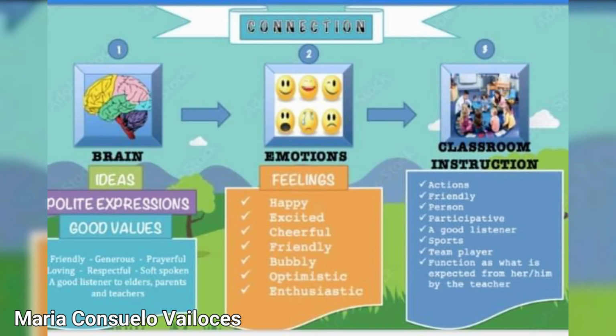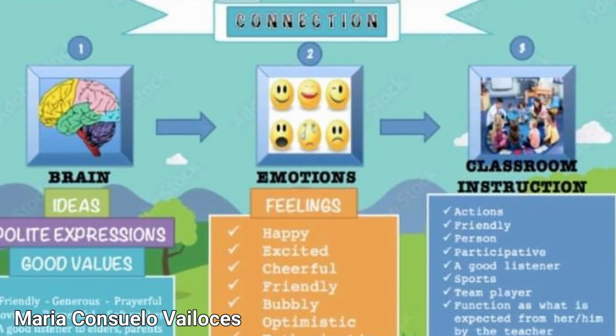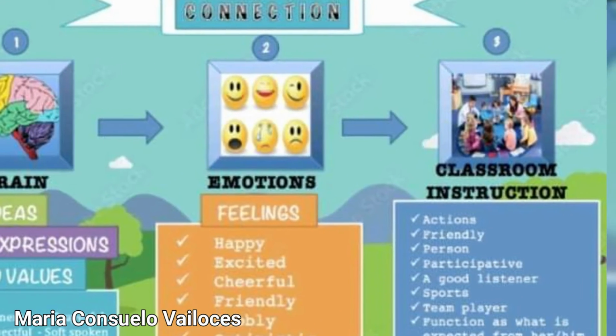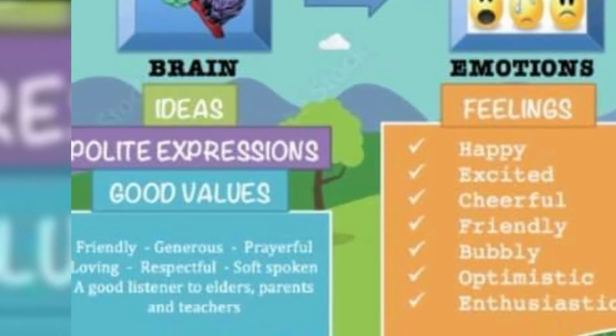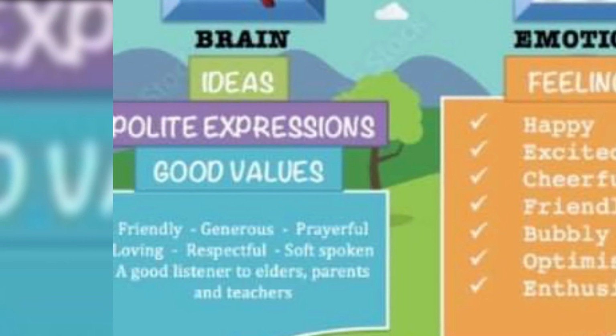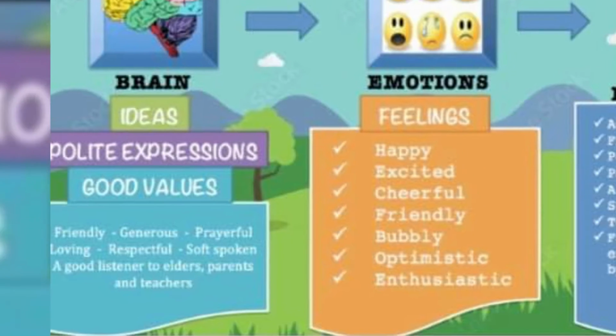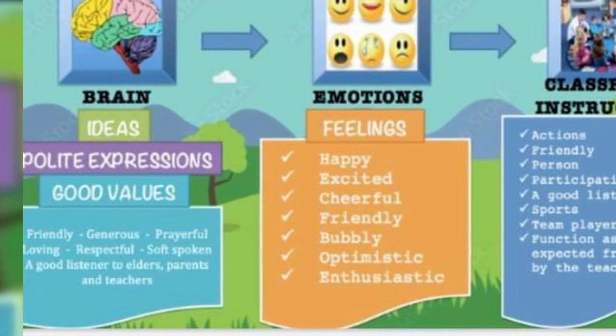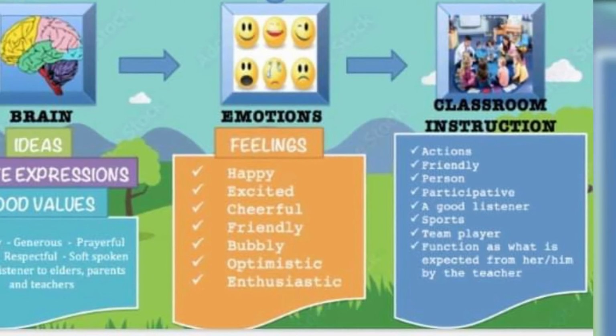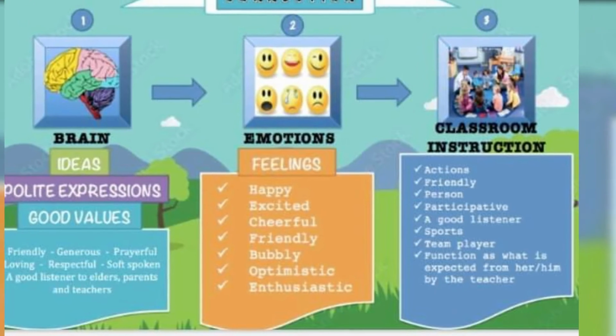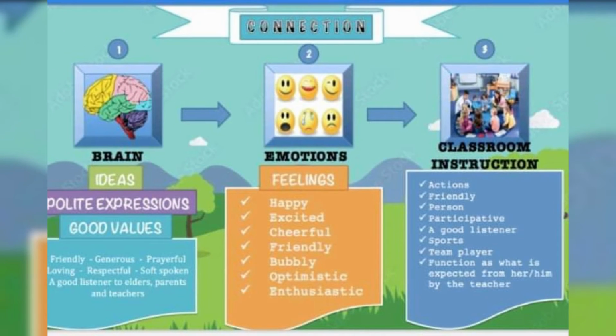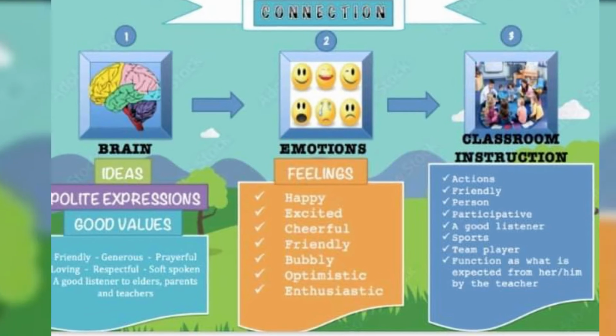Here is my collage. Connection. The question is, what is the connection of brain to emotions and to classroom instruction? Now, under the brain, I have the ideas. What is the connection of these ideas to the feelings of a child and to its action inside the classroom? Now, under the brain or the ideas, these are the ideas that I want to be instilled in the young